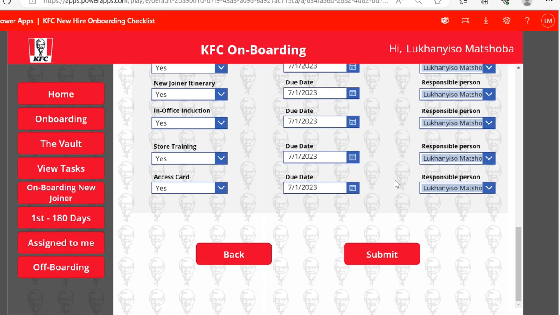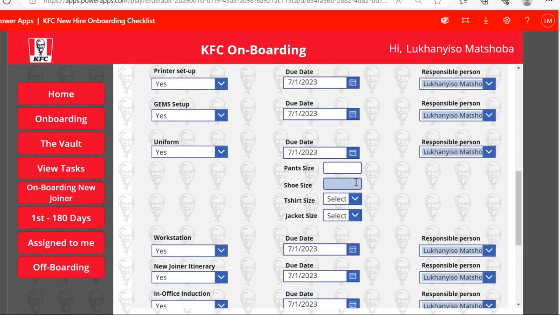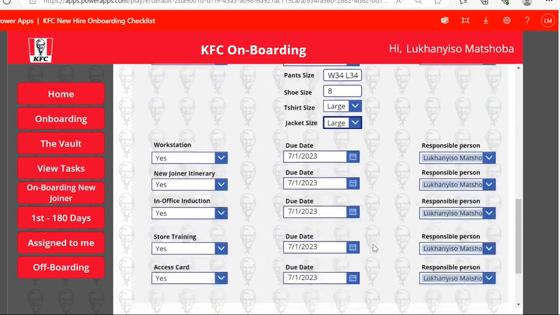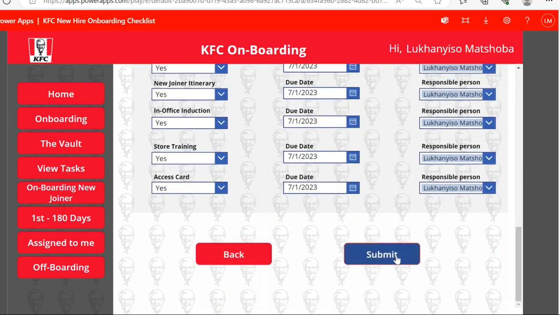It's only HR and that one particular super user who's able to do this right here. And again, they would have gotten the details of the pants size of the individuals, because what KFC does is it also provides uniform to our employees. So we would have to also capture those details for the uniforms that the individual is going to need. And then, what would happen once we click the button,